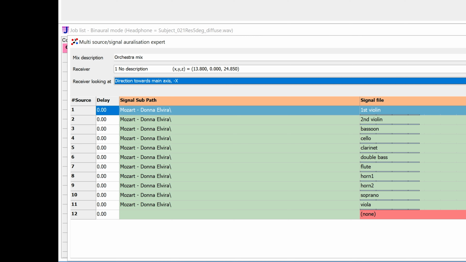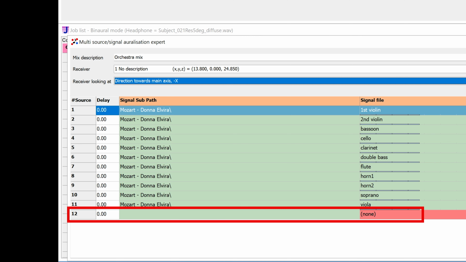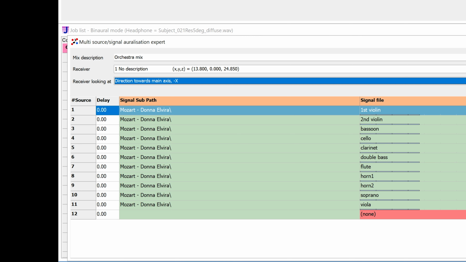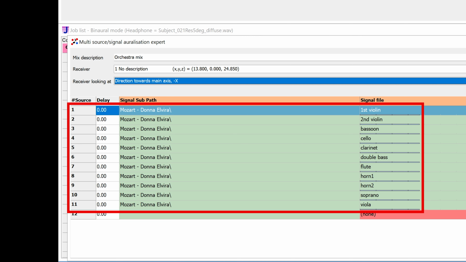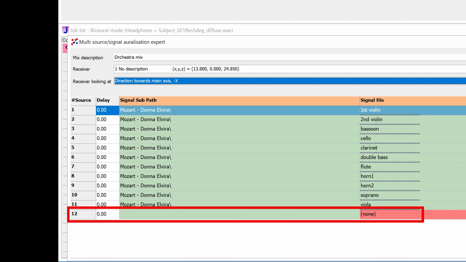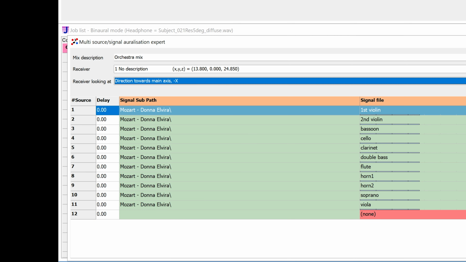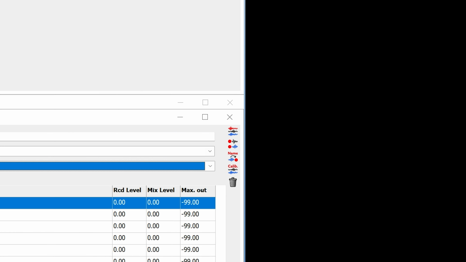If you select fewer files than the number of sources, the last sources will be left without a WAV file. For example, in this model I have 12 sources, but I selected 11 WAV files. Therefore, the WAV files were allocated to the first 11 sources. Again, in this case, source 12 is a dummy source we created only for aiming the receiver. So, this is actually useful in order to keep the source inactive. To finish up, we just close this window and accept the confirmation.